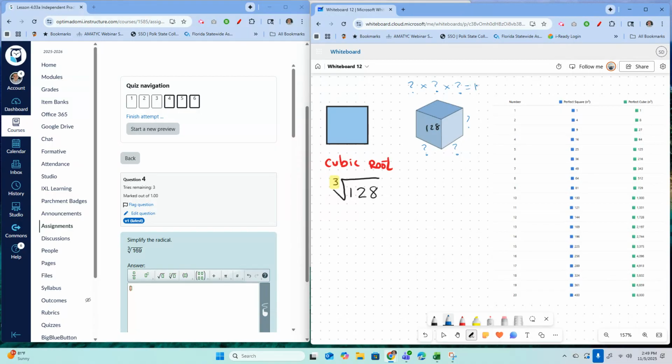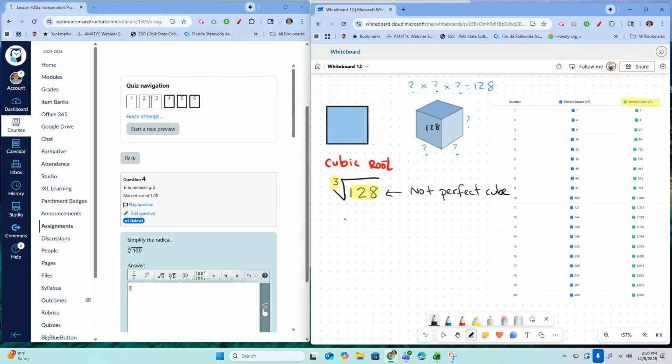Now, the easiest way of doing this, you're going to look at the list on the table on the right side. And because my index is 3, I'm in what is called perfect cubes. I'm in the green column. And I'm going to look for this number, 128, in the column. And you're going to find out that 128 is not there. So what does that mean? That 128 is not a perfect cube. And when it's not perfect, we're going to have to do the tree, like I did